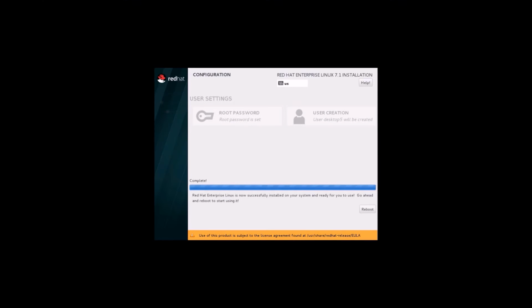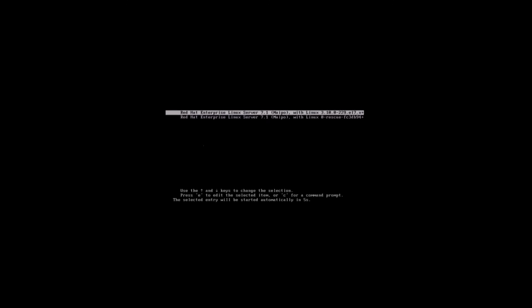So this is the process of installation and it is still processing. This will take within 15 minutes only. Now installation is completed, and click on reboot. The installation of the RHEL 7 version is done, but it is not completely installed. Now a few configurations are there. It has now installed the 7 version, so now we are entering the operating system.